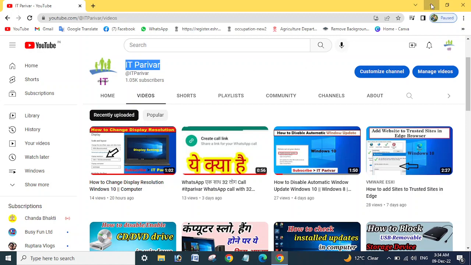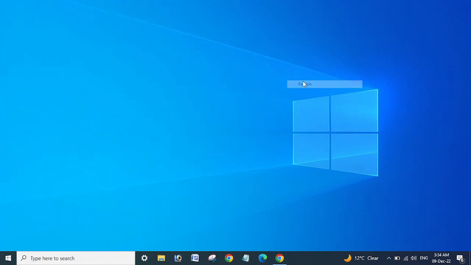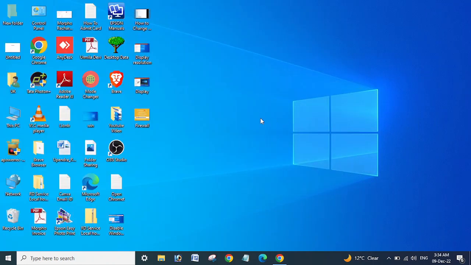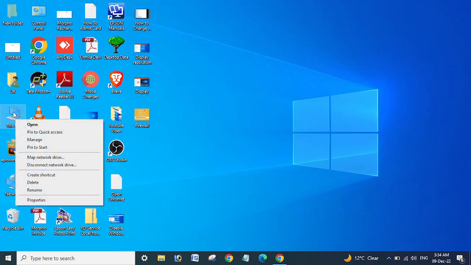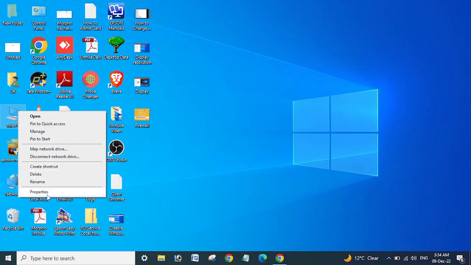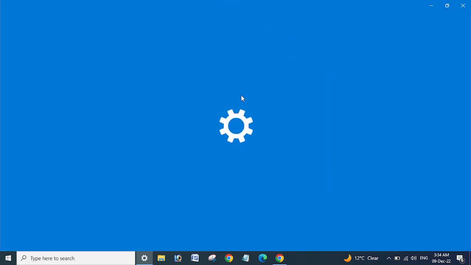Let us start now. I will show you how you can create the restore point for your Windows 10 PC, Windows 10 computer. So for that you need to right click on this PC icon, go to the properties,